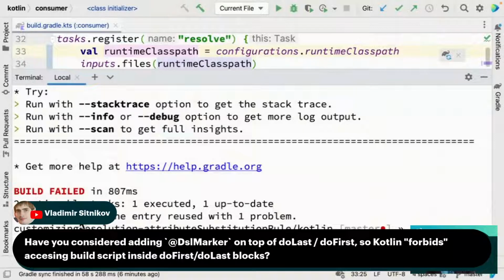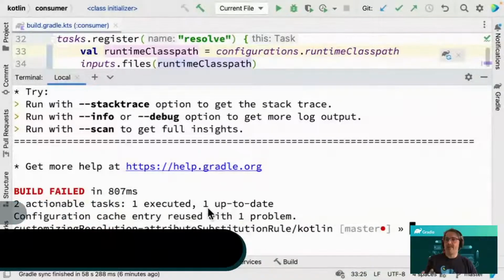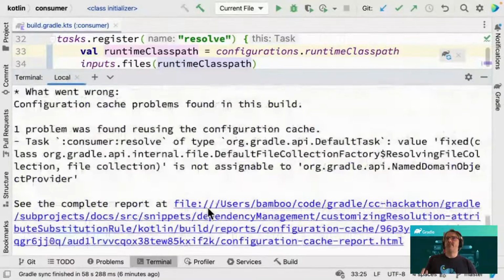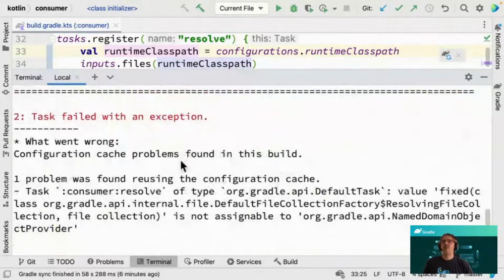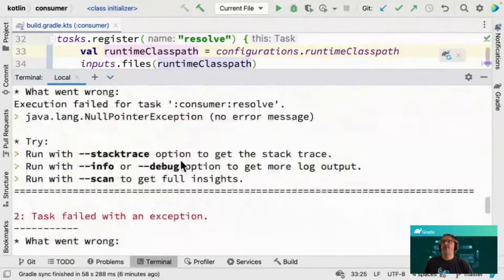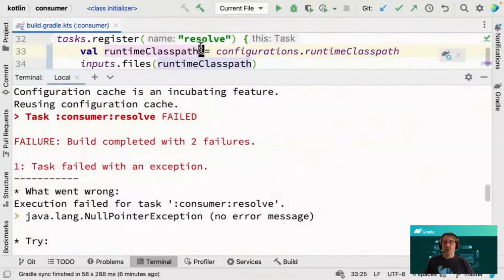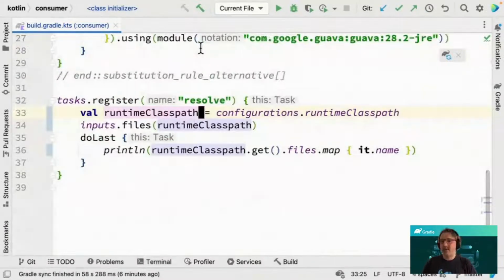Yeah, so the configuration cache entry was reused, but there was one problem. So it's saying, okay, there was a configuration cache entry, but as Gradle tried to load it, there was something wrong about it, right? And what's happening here is that we try to store a naked configuration object. So even though it worked to store this object, the problem is this